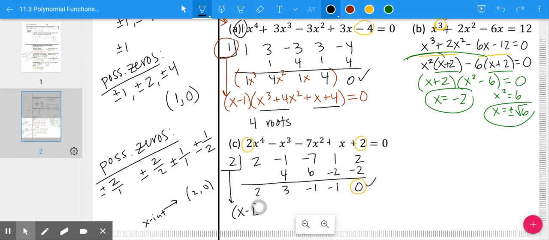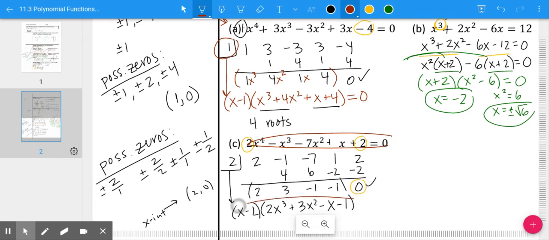Now, the other factor is going to be this. Attach those x's back on. So it's going to be 2x cubed plus 3x squared minus x minus 1. So what I've done is I have rewritten my very first line in a more factored form. But I got to break it down more. What I did last time was I factored by grouping here. This is not factored by grouping. So that sucks. So what I'm going to do instead is I'm going to have to just run through synthetic